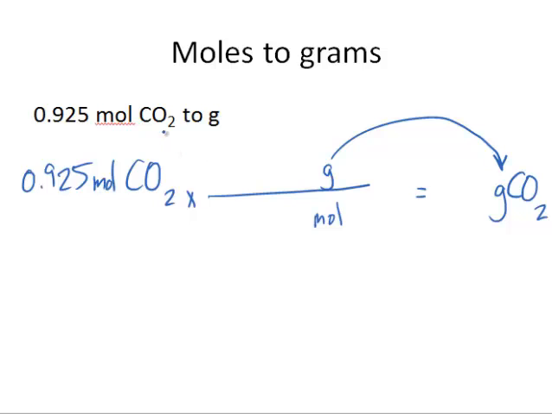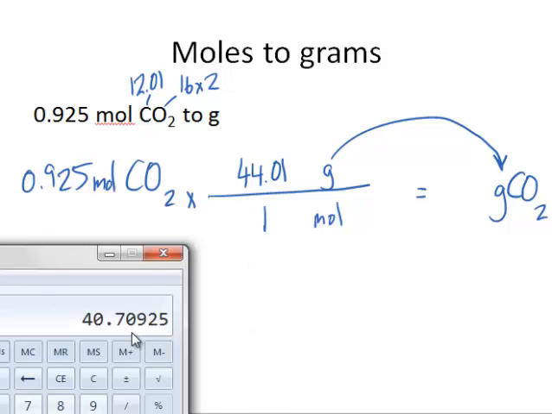So, you notice grams for moles, so you have to calculate molar mass. You know that carbon is 12.01, and oxygen is 16 times 2. And when you do that, you get 44.01. Notice I'm writing it next to the grams. And then you multiply these two numbers. So I typed it into my calculator, this multiplication problem. Remember, there's always a 1 next to the moles. And you get this answer,